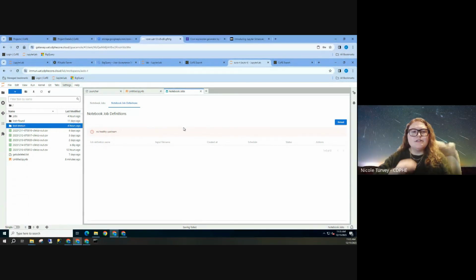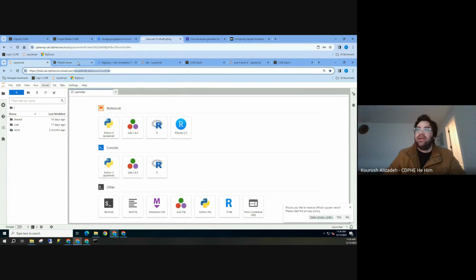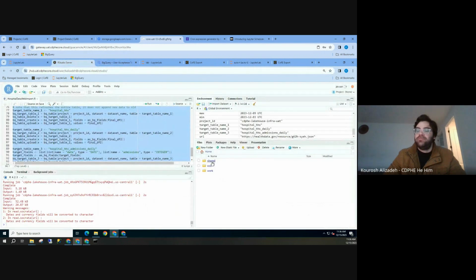Okay, but it's exporting to this Jupyter Notebook. But can it also export to like a drive on my virtual machine? It can export to the shared drives that you have, like these project drives. Is that what you're asking?